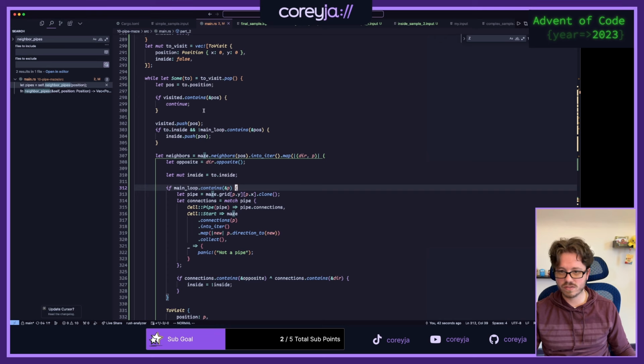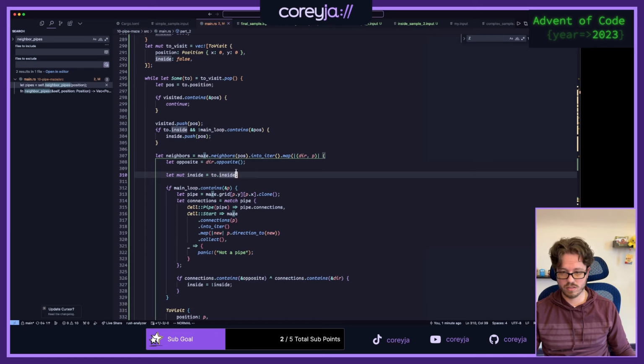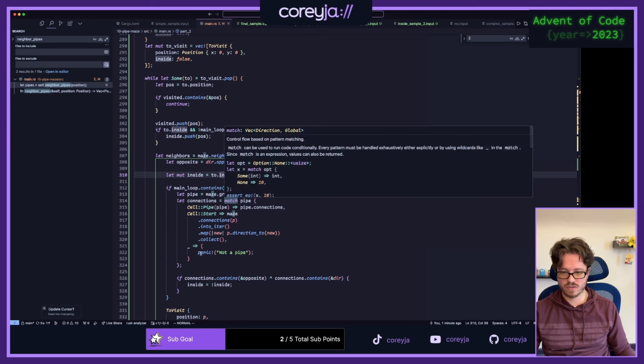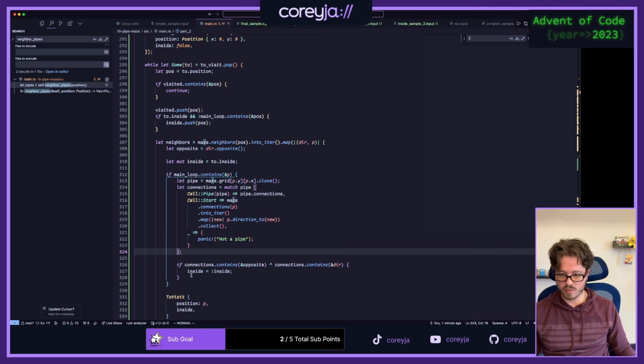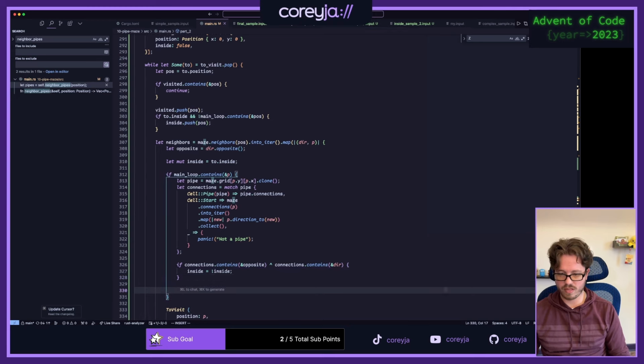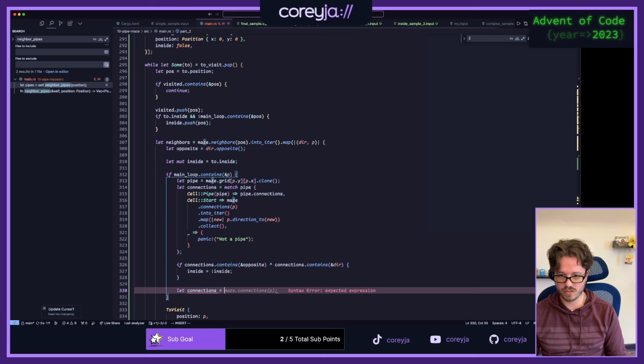Wait a sec, I'm a little lost. Okay, so this is the things to visit. So this is our current one, though. And then we go to its neighbors. So if going from the one we were at, which is position, to P. So P, if P is, oh yeah, but what if the old one, what if let connections equals